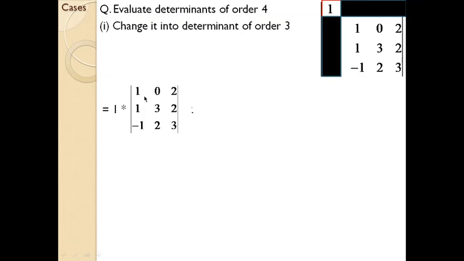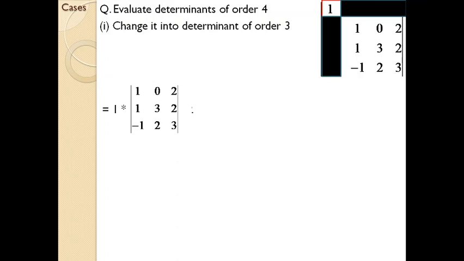So whenever the order of a determinant increases, you need to disintegrate or split the entire determinant into smaller orders. Order 4 has to be disintegrated into order 3. Then from that order 3, you have to change it to order 2. Only then can you use the computation. So when the order increases, your computations also increase. That is the concept. The principles, method and computation equations remain the same.